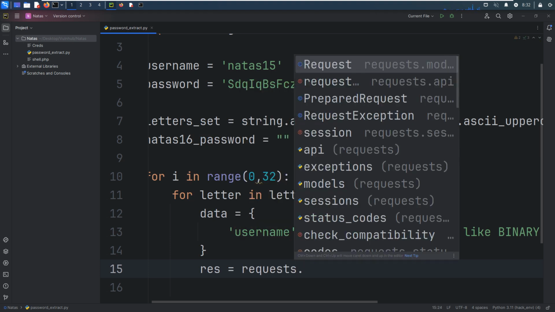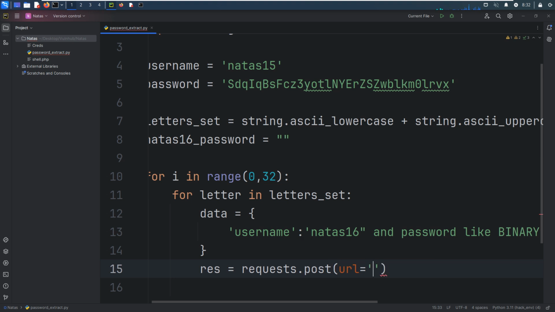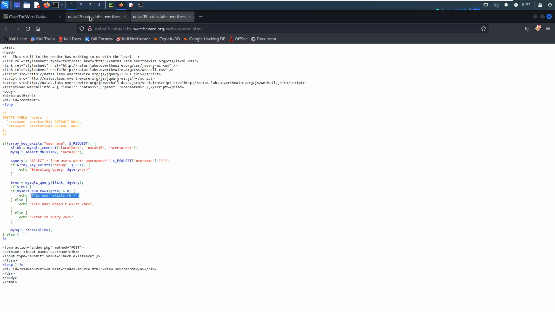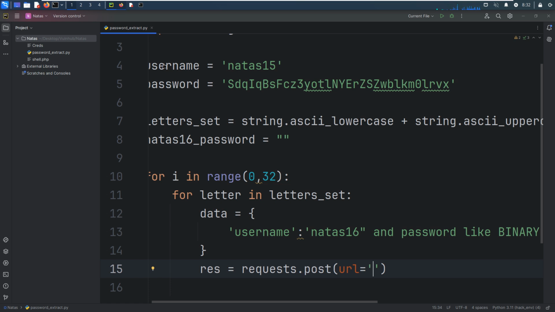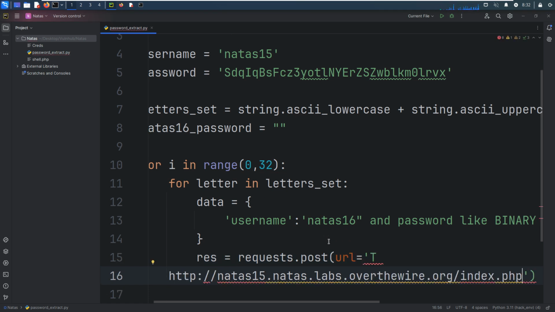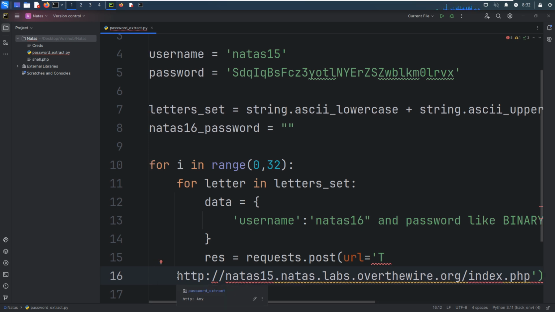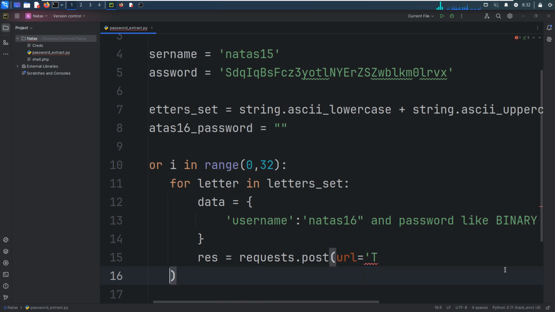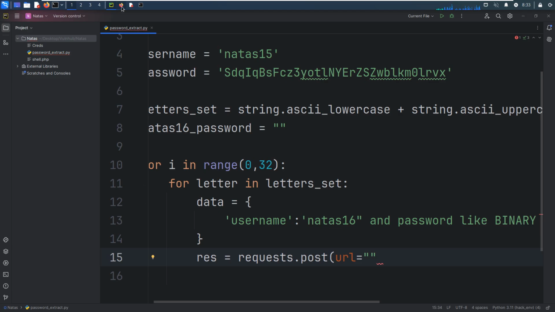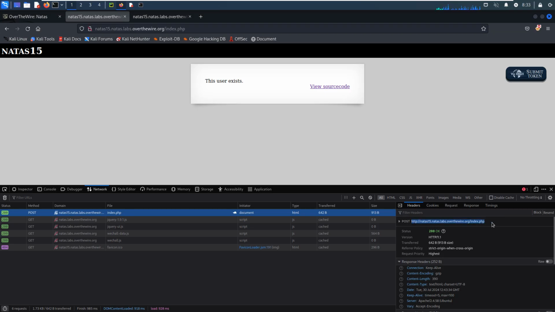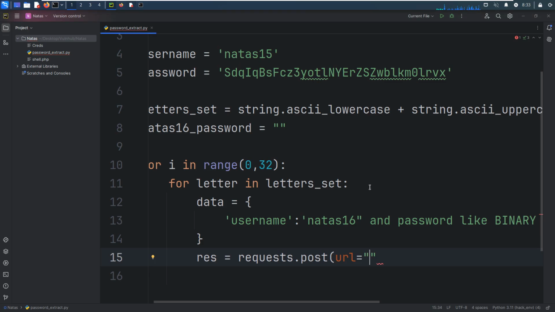The method is post, and the URL we can copy from here.